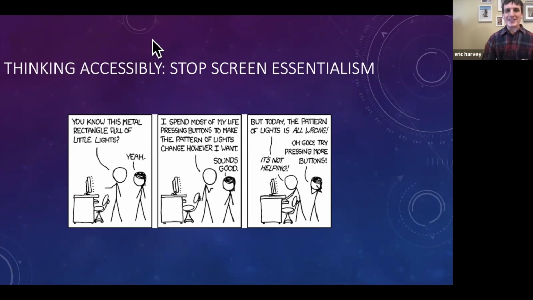The second person says, "Yeah." The first person says, "I spend most of my days pressing buttons to change the pattern of lights to make them however I want." The second person says, "Sounds good." In the third panel, the first person says, "But today the pattern of lights is all wrong." The second person says, "Oh God, try pressing more buttons." And the first person says, "It's not working."